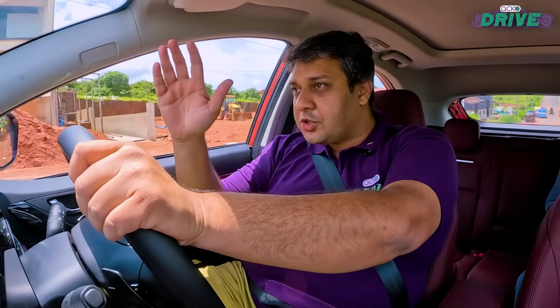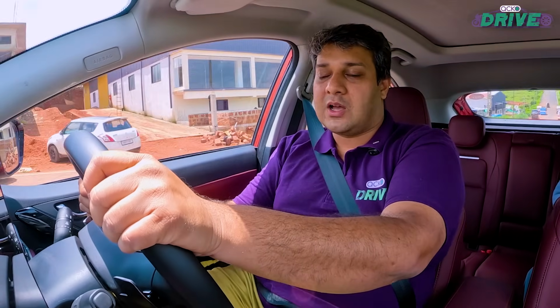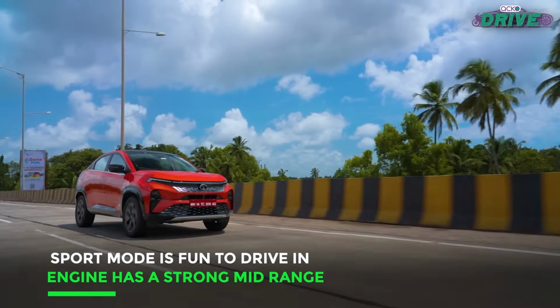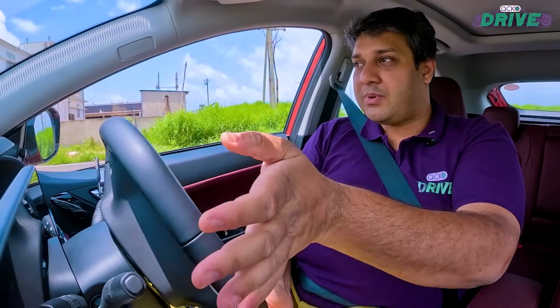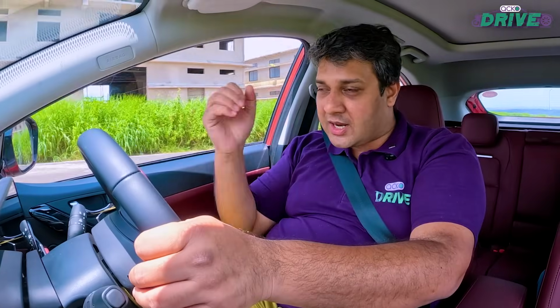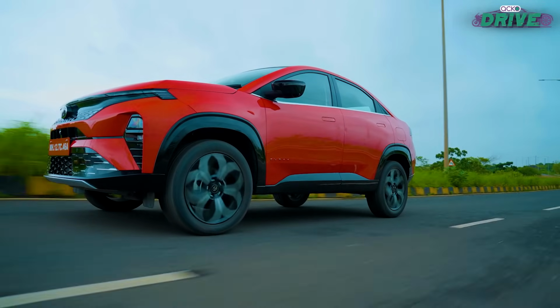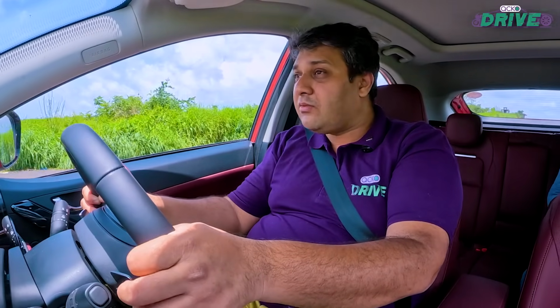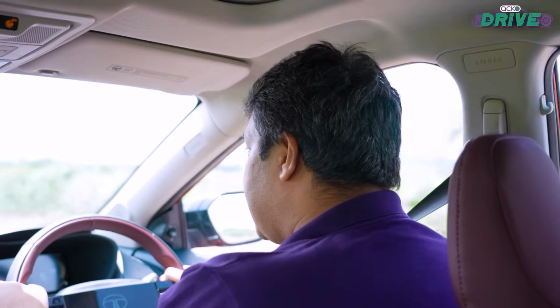And it continues to give you that much amount of power till about 3000 RPM, which is great because then you don't have any lag. But in the initial acceleration, that's where the lag is, and you don't enjoy it because till 1500 RPM, it's basically dull, and it just tries to pick up as much as it can. And though the gearbox tries to feed it all that power, it just cannot. So yes, initial acceleration is a bit of an issue, and overall NVH,